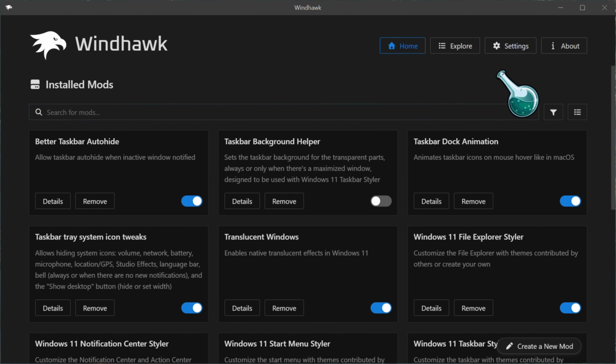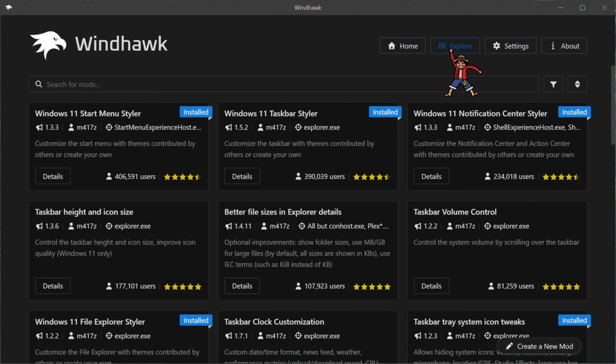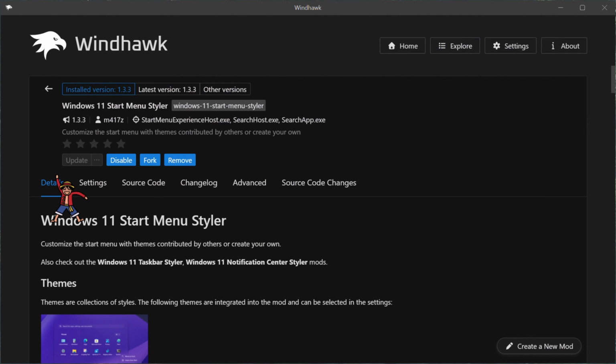Now that we have Windhawk up and running, let's start customizing. Go ahead and click on the Explore tab at the top of the window. First, we need to customize the Start menu. Use the search bar or scroll down to find the mod labeled Windows 11 Start Menu Styler. Once you see it, click on the Details button to open the mod page. In your case, you will likely see an Install button on the right side. Go ahead and click that and wait for the installation to finish. Since I have already installed this mod previously, mine shows an Update button, but the process is exactly the same